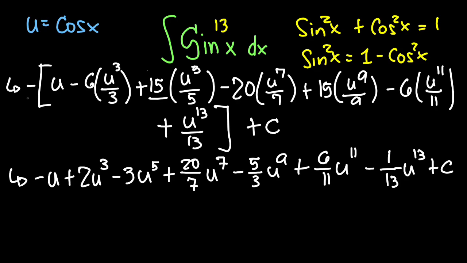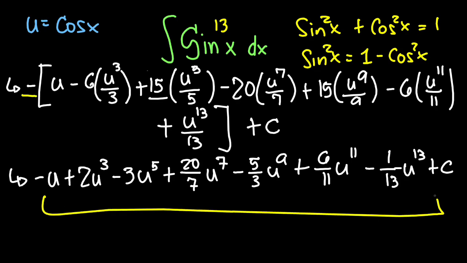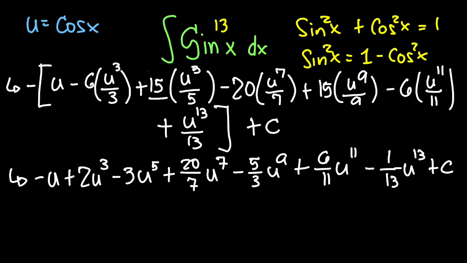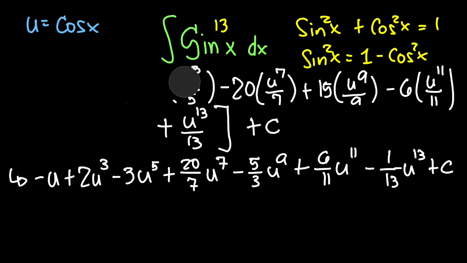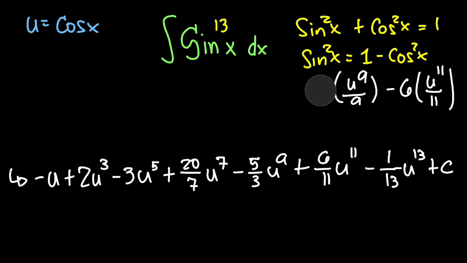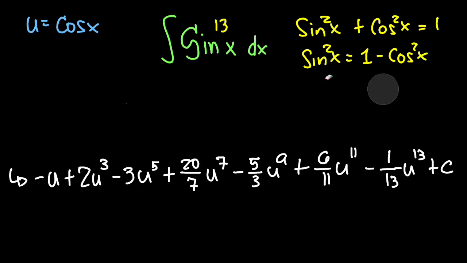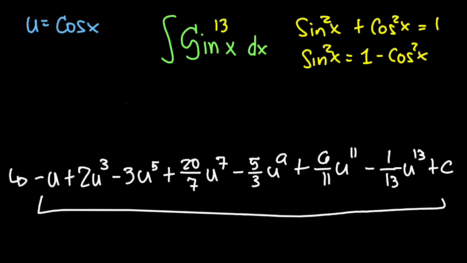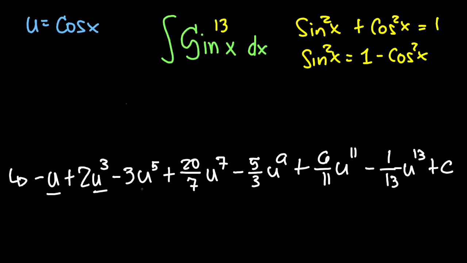Never forget to distribute the negative sign, which would be equal to this one. Now for the final answer, you can just revert all u values here